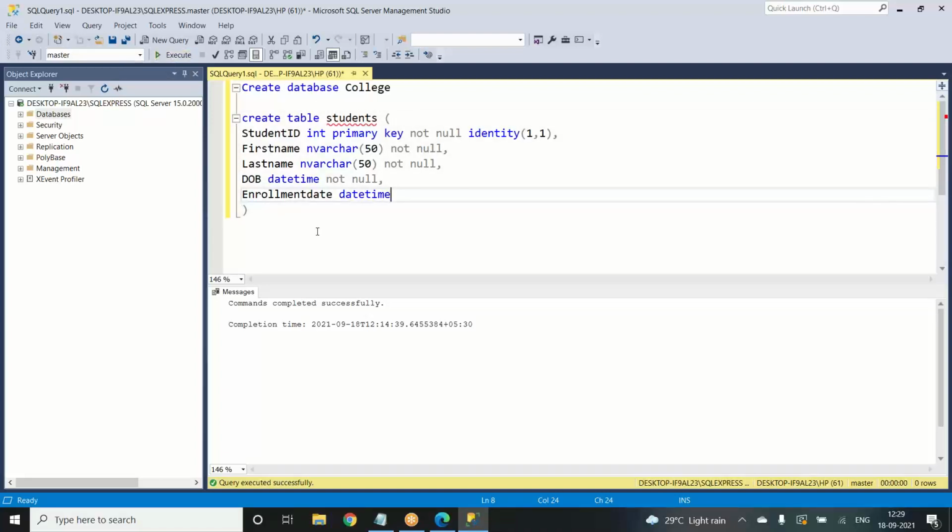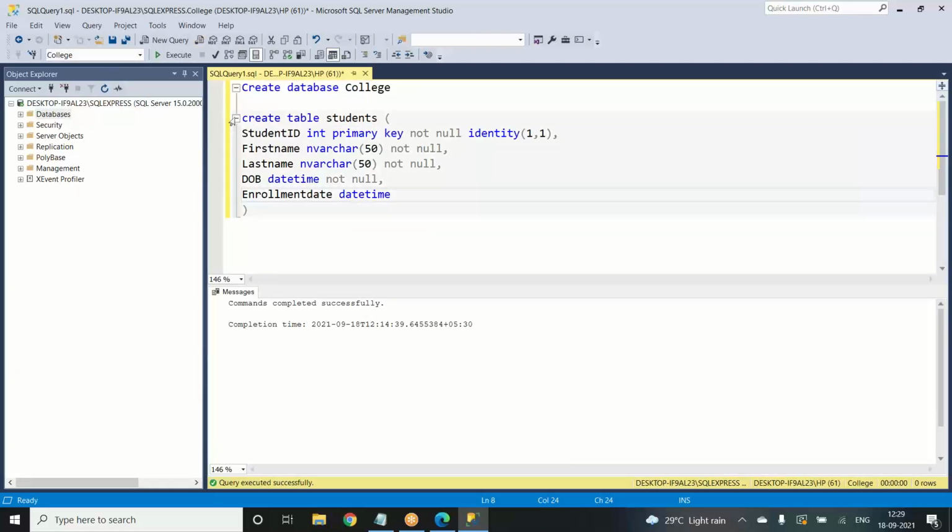But before that, you need to be wary of one thing. Here in this section, if you see, it is showing the master. Now, this is not the database that we're working on. So before you execute anything, you have to check whether the database that you're working on is shown up here. If not, and you just execute it, it will show an error. So you can go here, find the list of databases, and click on the one that you are currently working on.